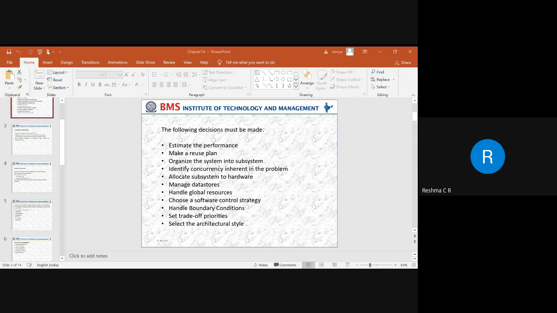And the next thing is we need to choose a software control strategy. When you say a software control strategy, we have two different types. One is procedure driven control. In procedure driven control, we are trying to control all the programs within a program code. That means we identify the problem statement, and we choose a particular software on which the problem has to be resolved by identifying the different modules.